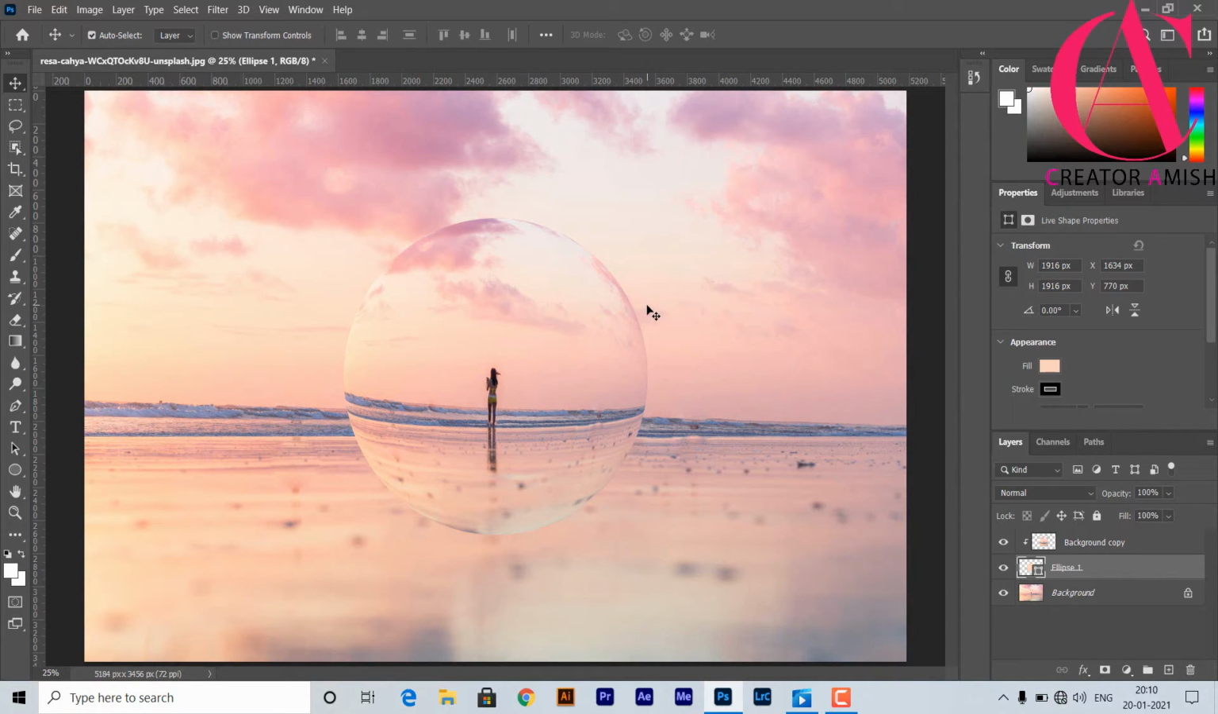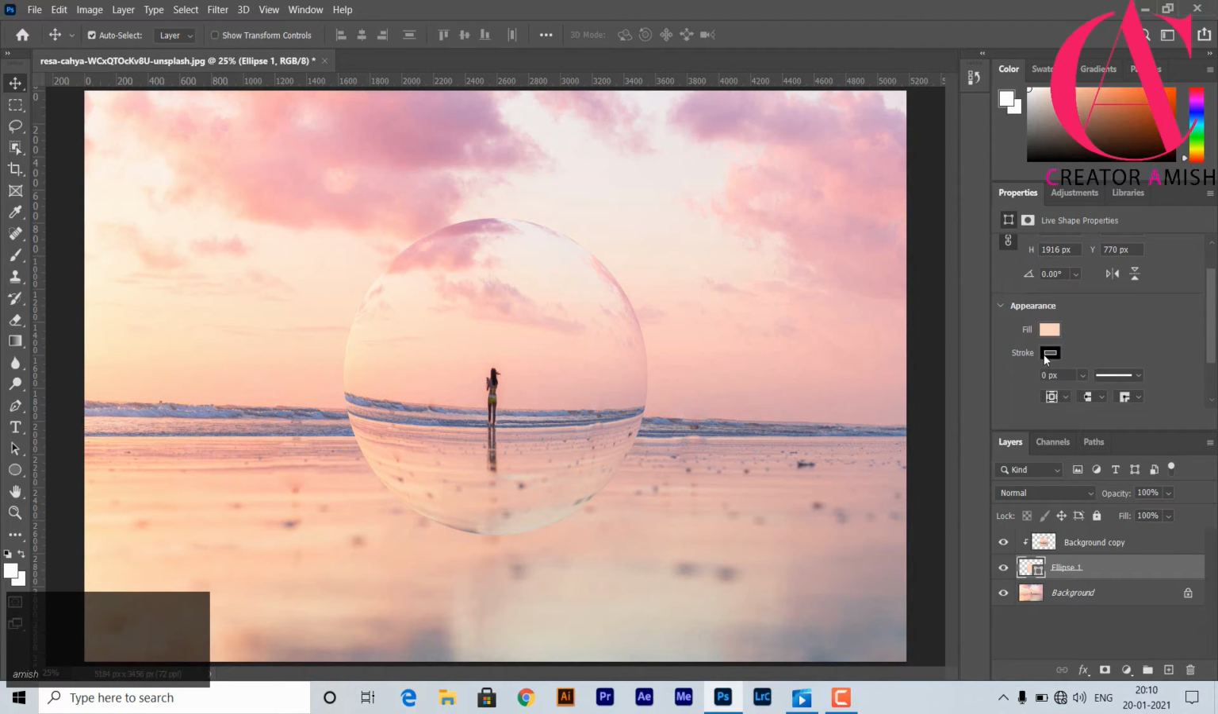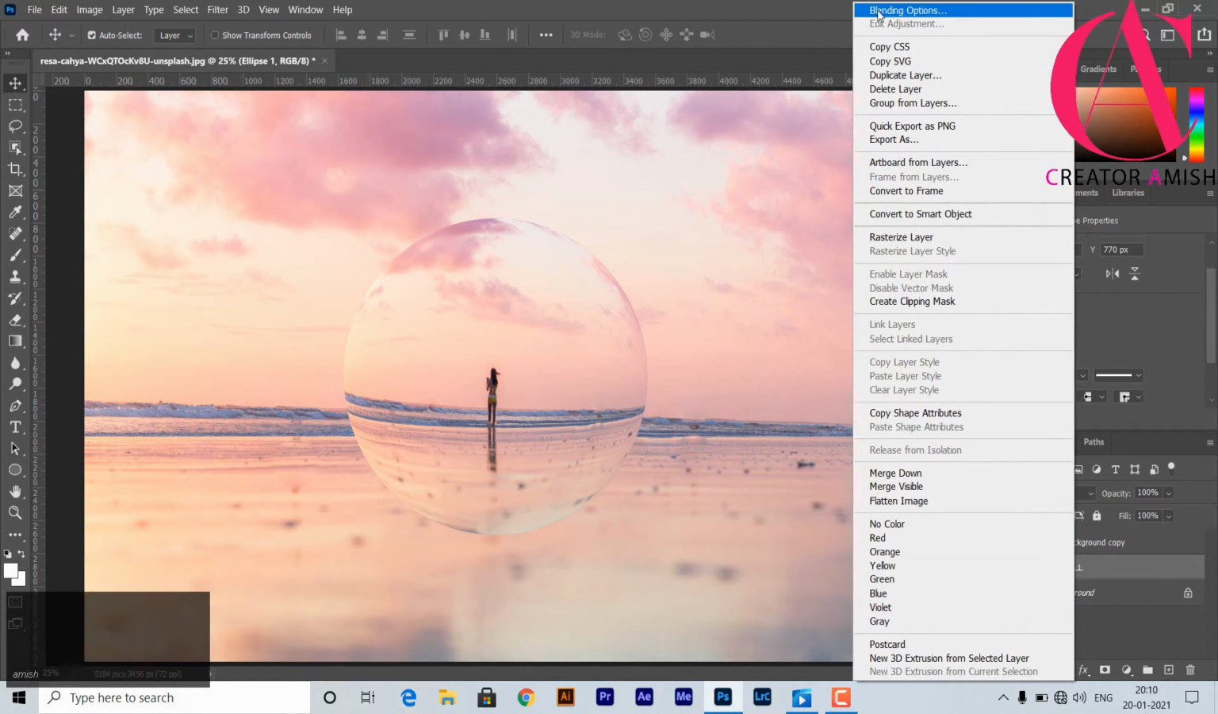If you see outlines of the ellipse, then you can press Control H to hide the stroke, or you can go here and check that here is stroke and give its value as 0. Maybe you will be able to see that there are some strokes in the border of your ellipse. So after that, right click on it and go to blending options